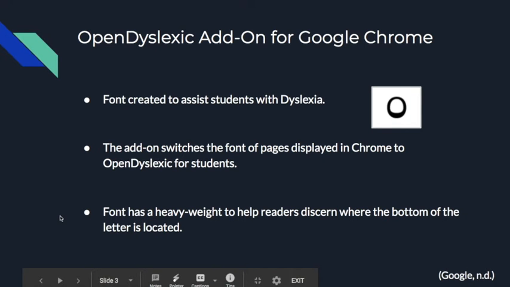One is the Open Dyslexic font. Open Dyslexic itself is a font that was created to assist students with dyslexia. They have created an add-on for Google Chrome that is free, and the add-on switches the font of pages displayed in Chrome to Open Dyslexic for students. The font has a heavy weight at the bottom of the letter to help readers discern where the bottom of